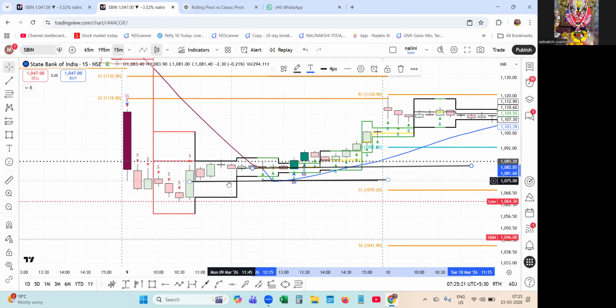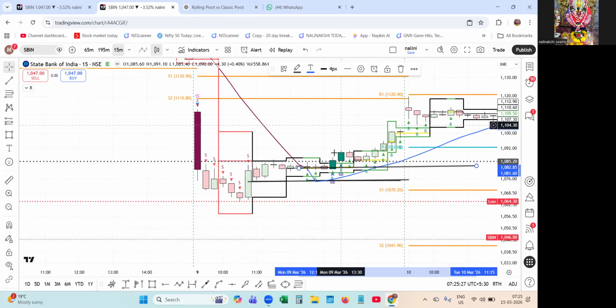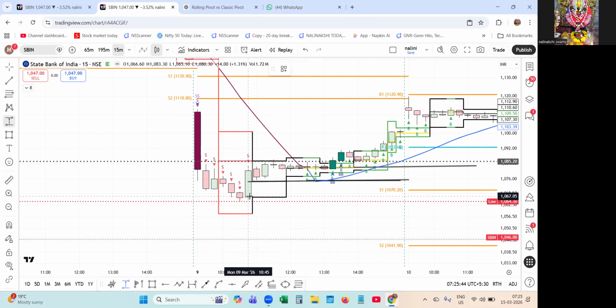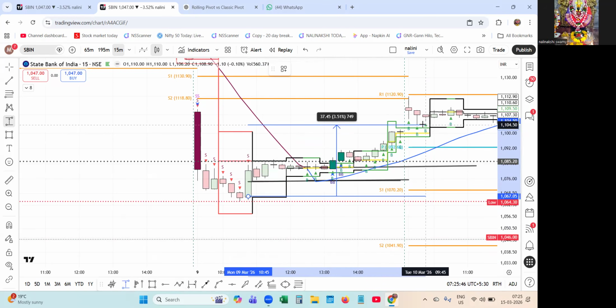So you can confidently take and confidently decide for yourself about what is happening on intraday, even though it is a gap down on a daily basis. But on an intraday basis, you can capture this move. This is not a simple move upside. You can see the movement upside is